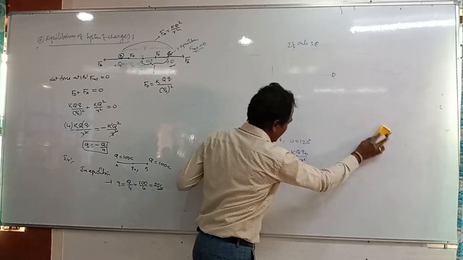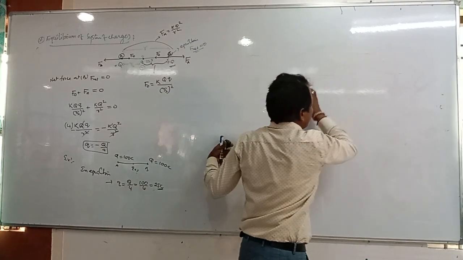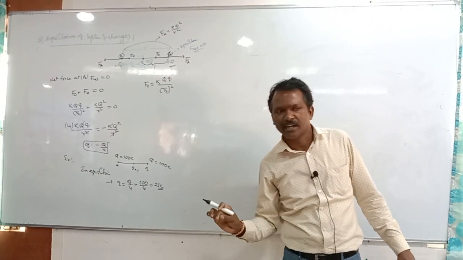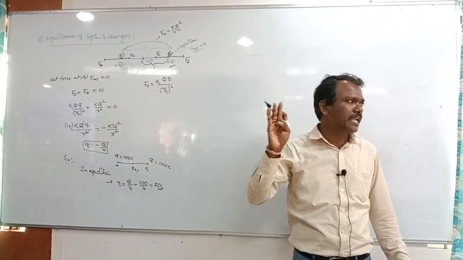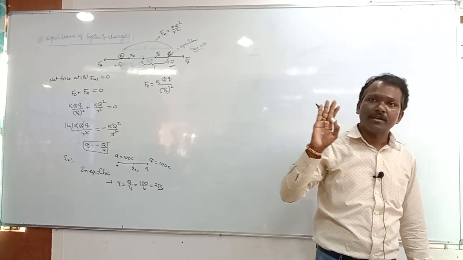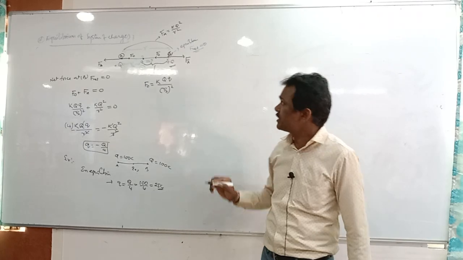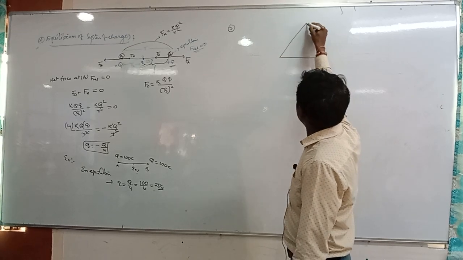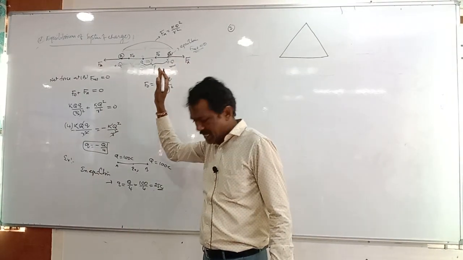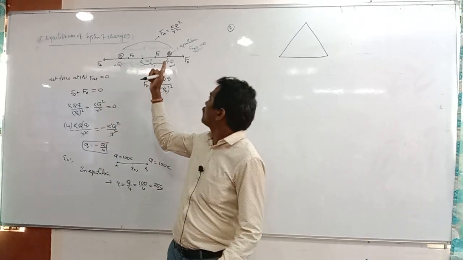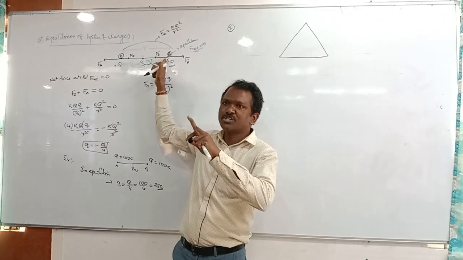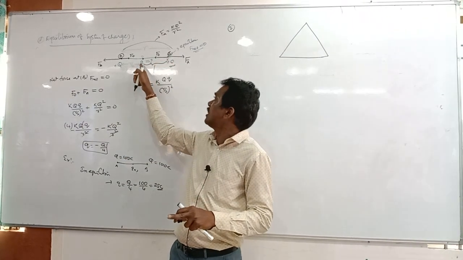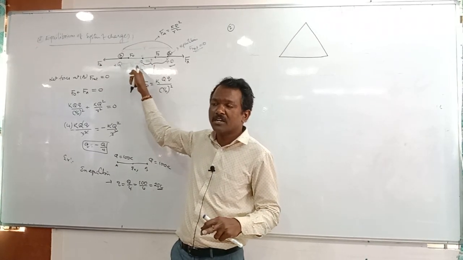And tell me, when three charges are taken on the corners of an equilateral triangle, to make those three charges in equilibrium position, then what will be the q value, right? This is equilibrium position. What is the concept we took here? Tell me once again. What is the net force? What is the force on one charge at the corner? That should be balanced with the q charge. Opposite charge it should balance.